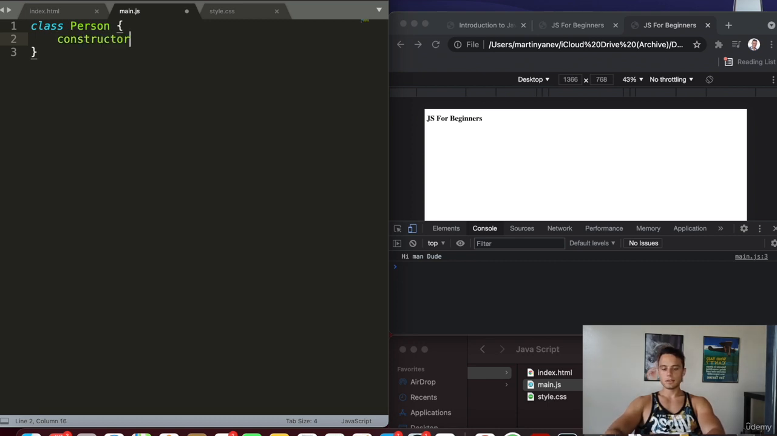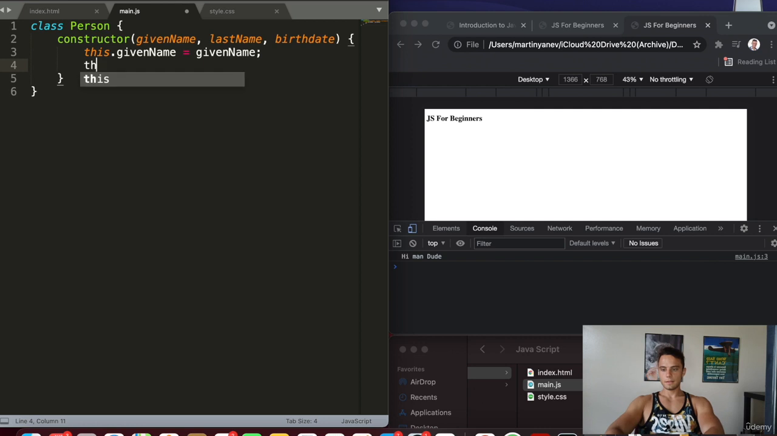Okay, and you can see that this is recognized, and usually the constructor is used to initialize an object created from that class. So I write here given name, then last name, and finally birth date. These are the parameters that will need to be passed to our class in order for an object to be created. And let's write here this.givenName equals givenName, then this.lastName equals lastName,